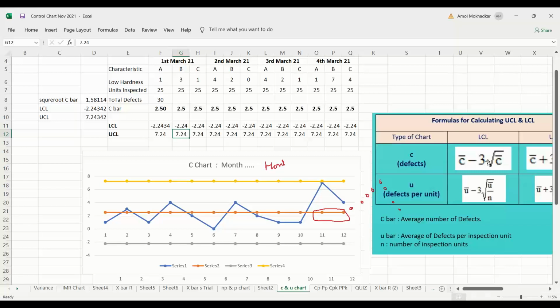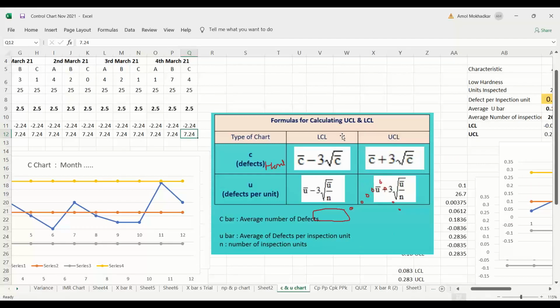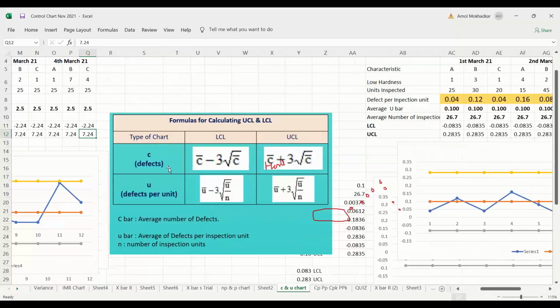So please try to prepare this chart on your own. Then your understanding about this formula will be very good. And then once you prepare this LCL and UCL, keep tracking your number of defects every day. You will get a lot of insights about your process, how it is behaving, whether it is generating defectives or not. So you will come to know a lot of things from it.